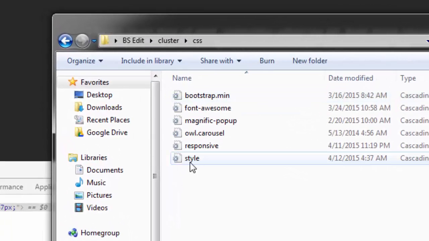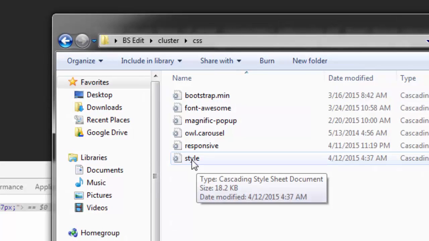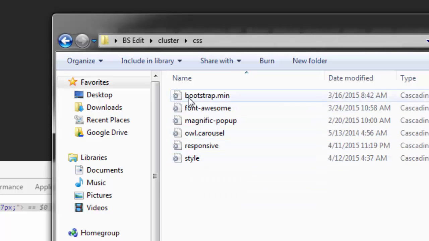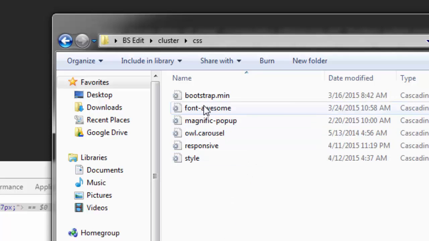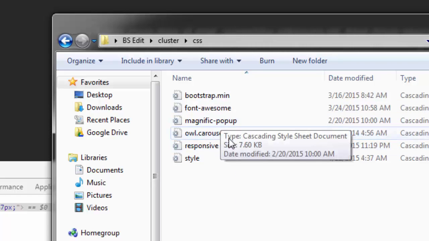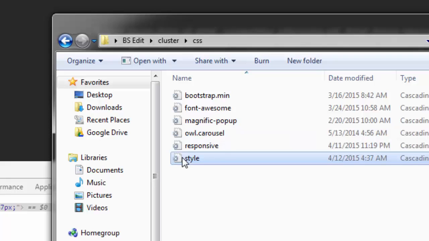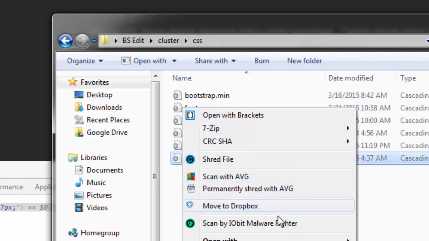Style, that's the custom one that they've been using to build this. I just know that because I've built so many of these sites. These other things are to do with the Bootstrap generic. Font awesome, that's the font awesome styles, obviously, and that's the carousel styles and what have you. So if we just right click on that, open with brackets,